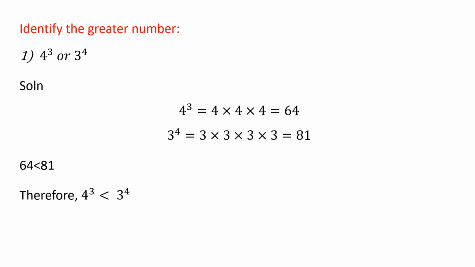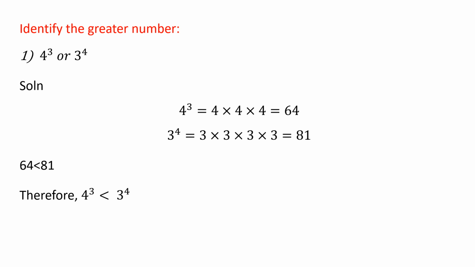Okay, children, the next one is identify the greater number. So here they have written in the exponential form, right? So you want to find out the greater number. So what you will do? First you have to write that in an expanded form. So 4 power 3 means what, children? You want to multiply 4 how many times? 3 times. So 4 power 3 means you want to multiply 4 3 times. 4 into 4 into 4. So 4 4s are 16. 16 into 4, 64. Okay.